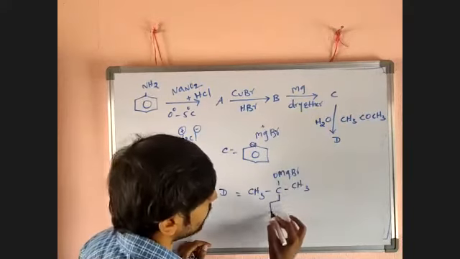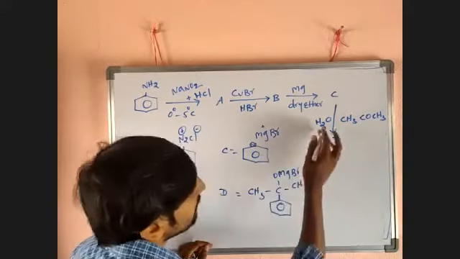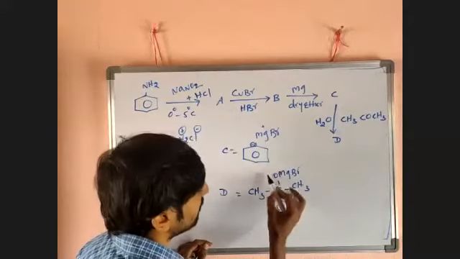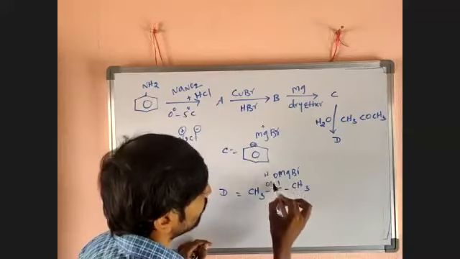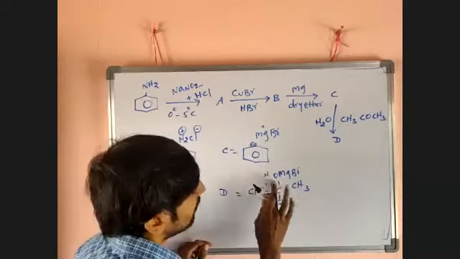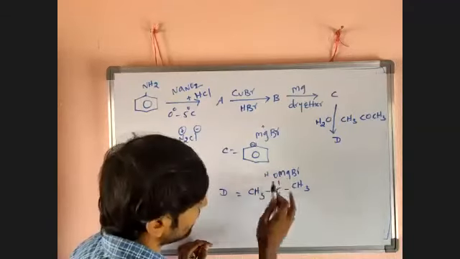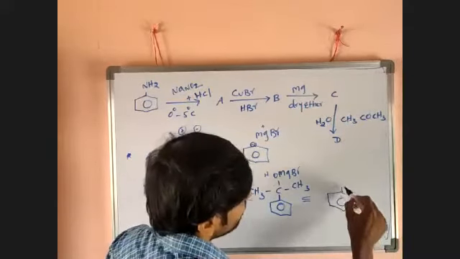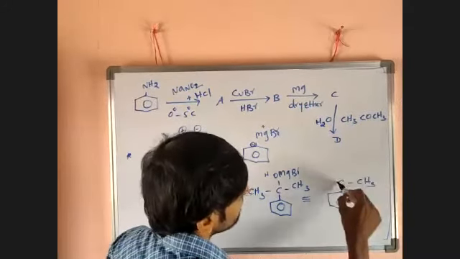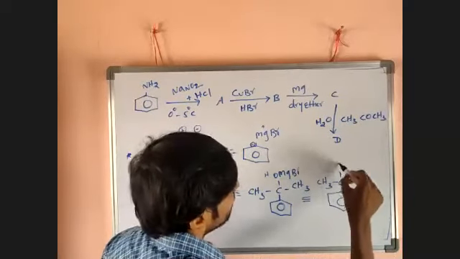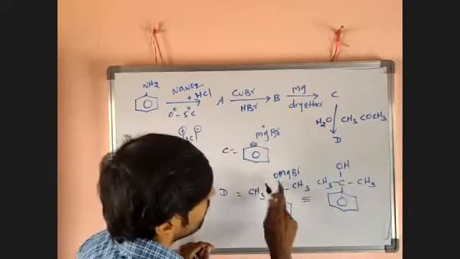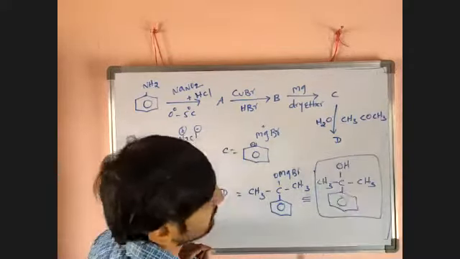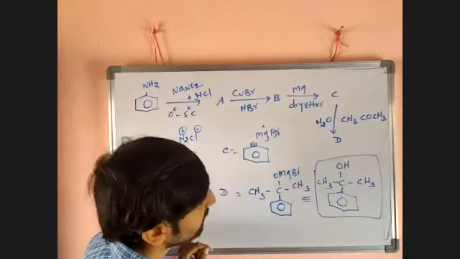Then we will get benzene. But here what's happened? Hydrolysis takes place. Hydrolysis means it will get H, OH like this. So that oxygen will get that hydrogen. This group will get OH. That means next step what we will get? There is a carbon, there is CH3, there is CH3. Then there it will get OH. Okay, this OMgBr I will write as the byproduct. That one is the D. Like this, guys, note down quickly.